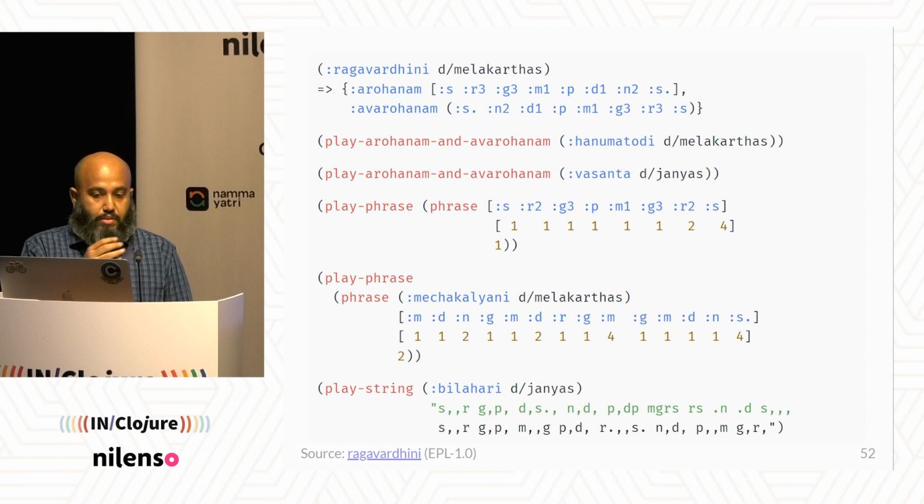So you pass data here and it's very easy to manipulate. Again, it's just vectors and maps and stuff, and it is interpreted to play music, right?